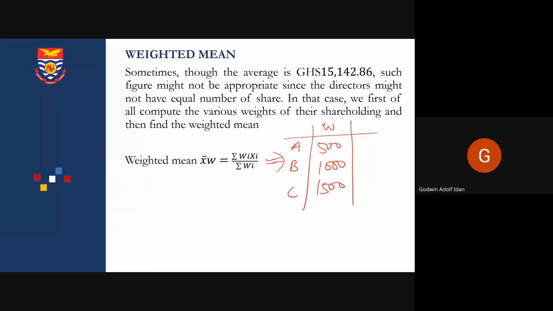All things being equal, the amount of money you pay into the business will give you the right in terms of making decisions. So let's assume that out of our operations, we made profits and we want to share this profit. If A says that we should share 1,000 of the profits, B says we should share 800, and C says we should share 700,